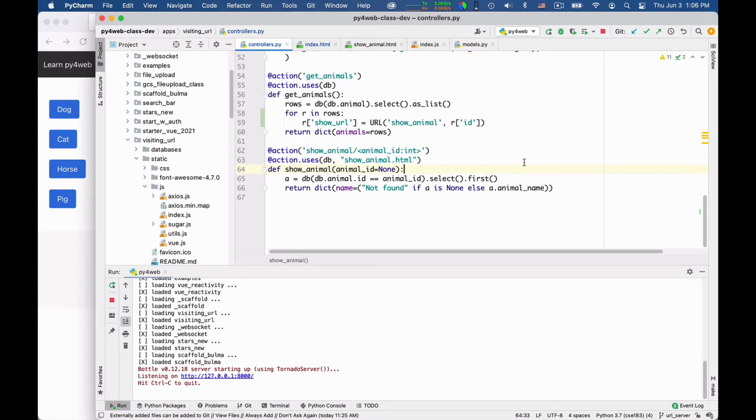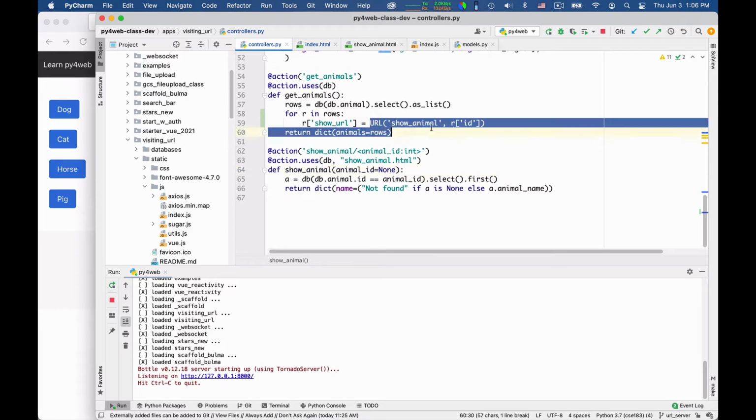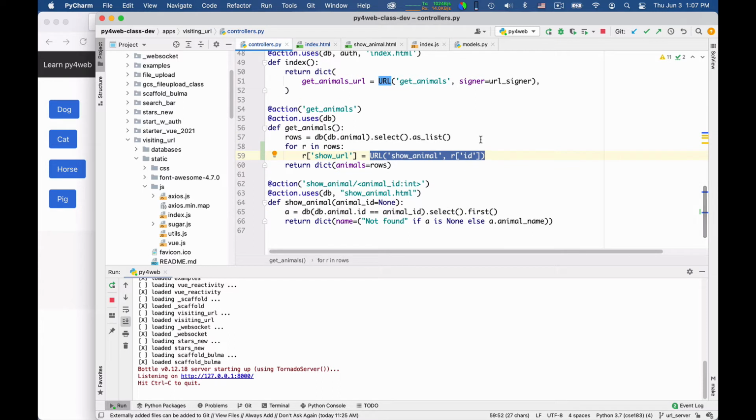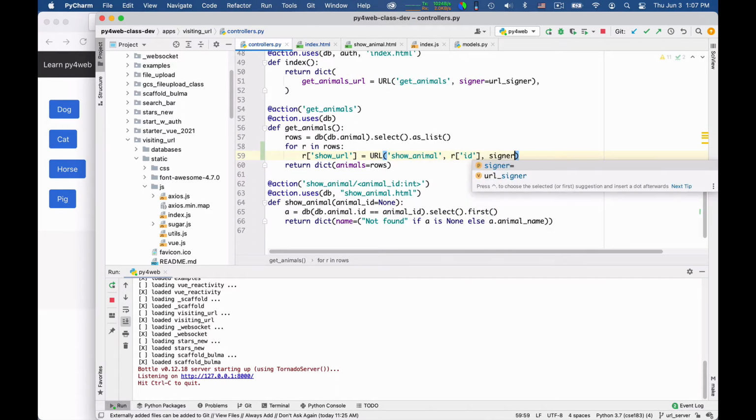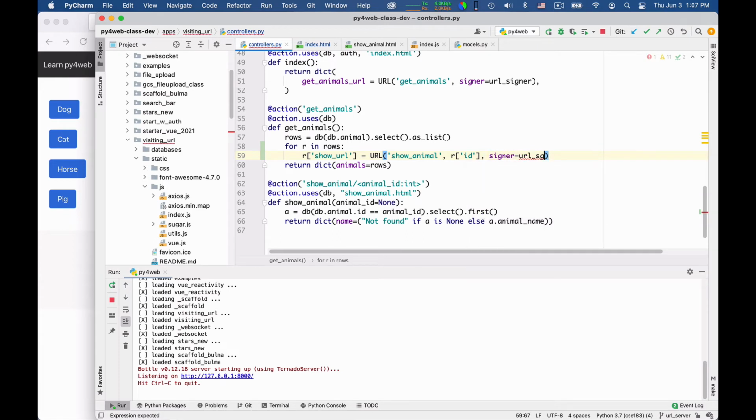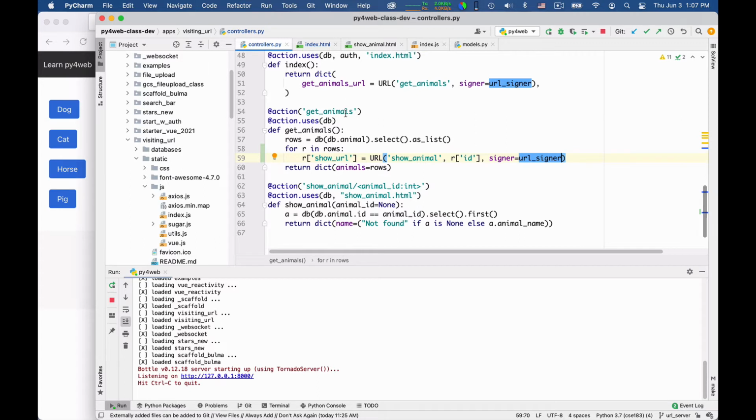One of the benefits of this solution is that if you wish, because you generate the URLs on the server, it's very easy to sign them should you need to do so. You remember, URLs can only be signed on the server. So if I want, I can say signer is equal to URL signer. Okay, and in this case, if here I want to verify the signature, I can say URL signer.verify.